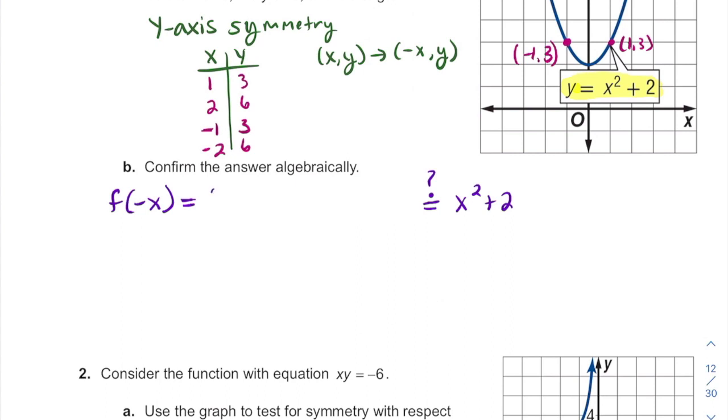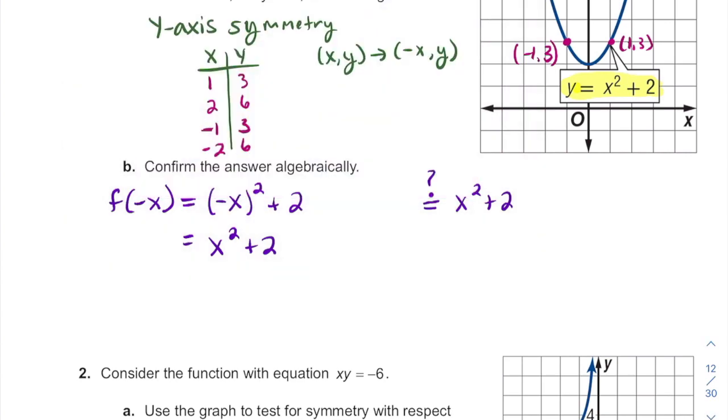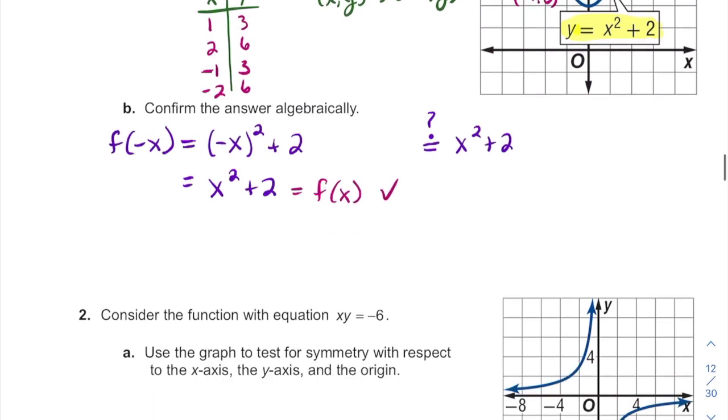So that becomes (negative x) squared plus 2. Well, what happens when we square a negative? It becomes positive. So this becomes x squared plus 2. When I check back to my original equation, that is the same as f of x. So that equals our original f of x, which means